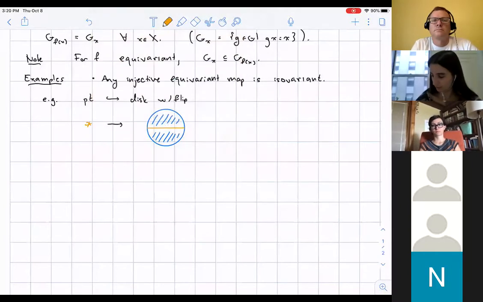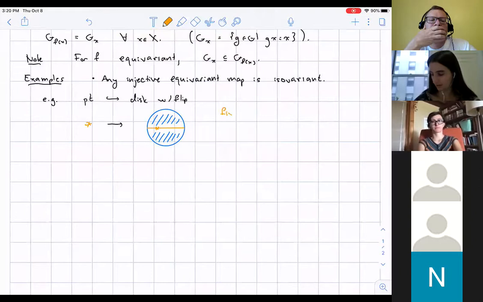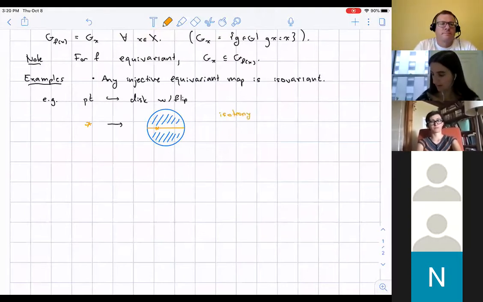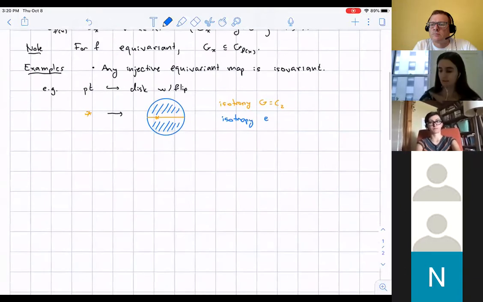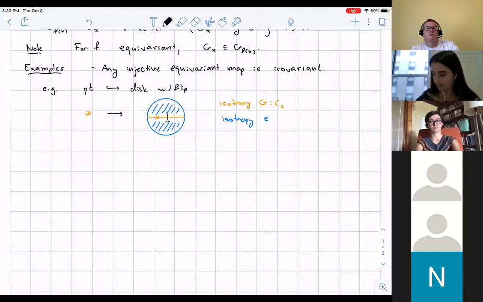And maybe that point goes to somewhere on the equator here. The orange here denotes things that have isotropy G, in this case C2. And the blue is isotropy just the trivial group. And here the group is acting by flipping. So this is isovariant,